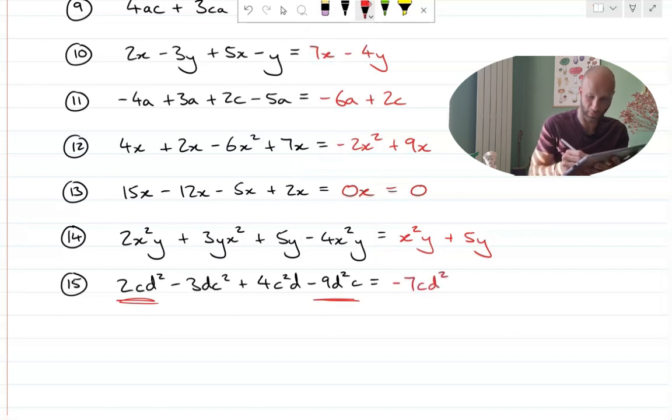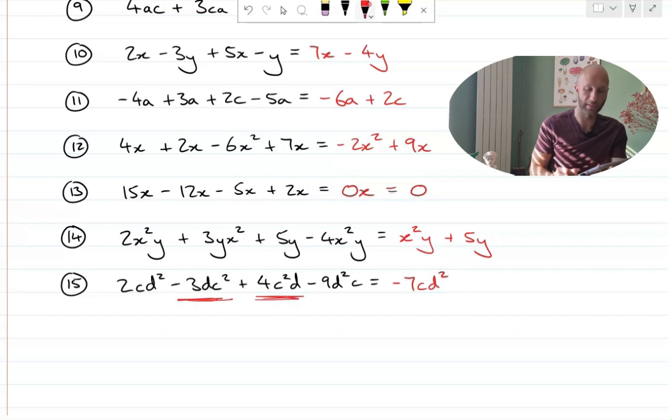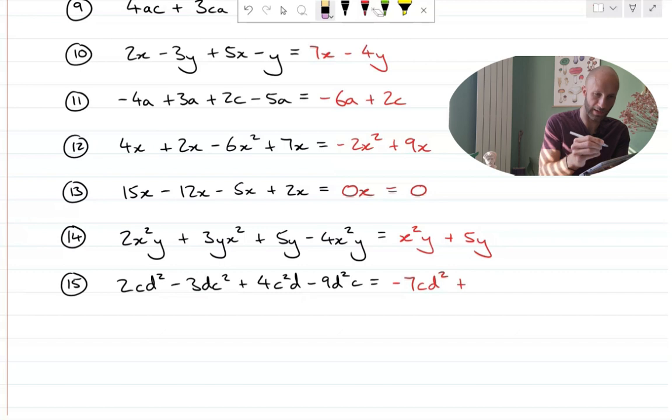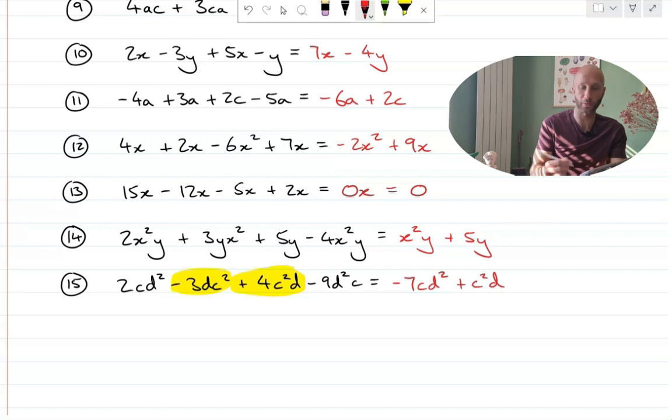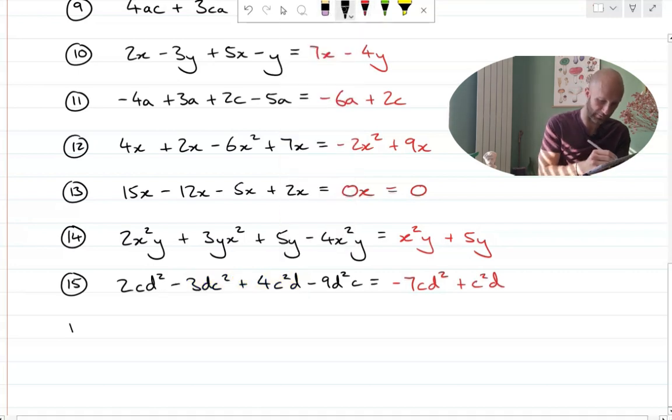So the d is squared and the c isn't. And then these two, the c is squared and the d isn't. So here we'll have minus 3 plus 4. So these are like terms again because of the powers. Minus 3 plus 4 is 1. So I'll just get 1. And the c is squared and the d isn't, so I could write c squared d or dc squared. That'll be fine. I'm just going to throw in one more question, which I hadn't written here as well,